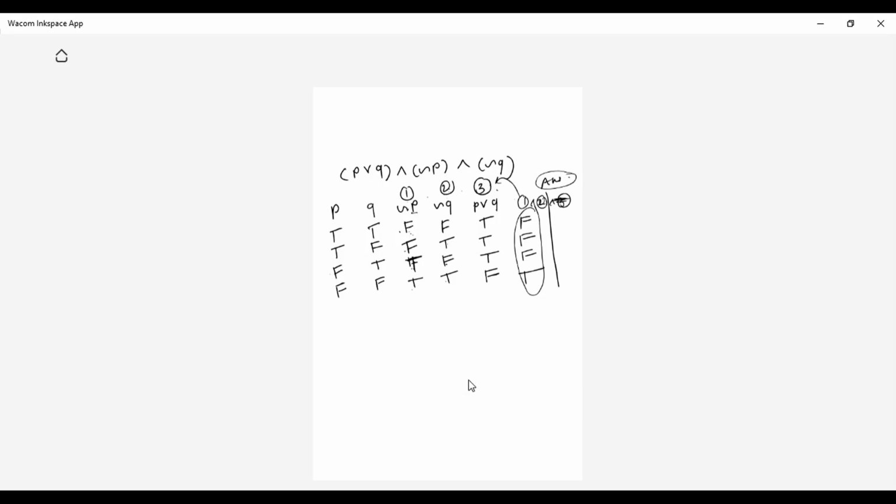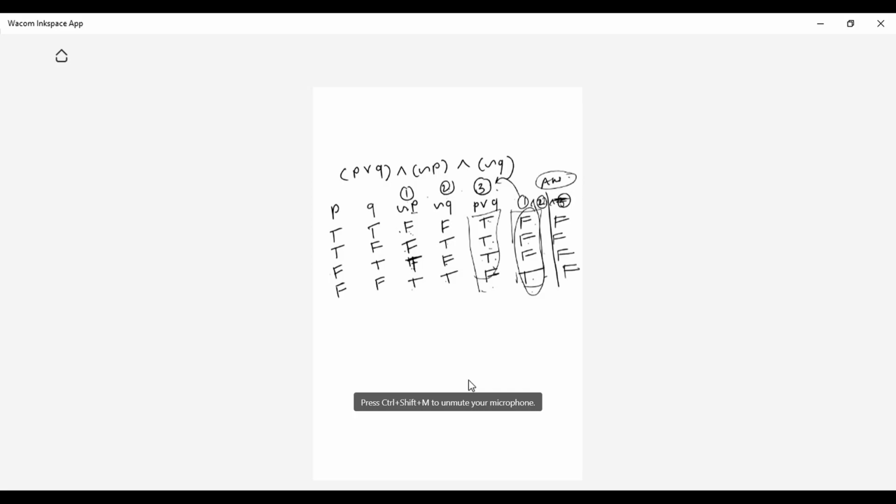Now with 3, which is P or Q: so F, and then T, F. This thing and this thing I will AND. Do not go directly for 3 or 4 variable operations. Go step by step, student. Again and again I am saying this, otherwise it will be trouble for you. Go step by step, don't be in a hurry. So 1 and 2 ANDing we have done. Now we have to AND it with 3, that is the P or Q term. True, false is false, true, false is false, true, false is false, and false, true is false.